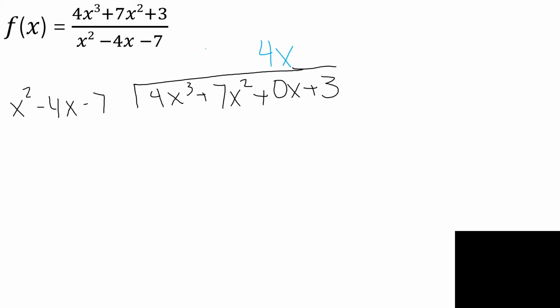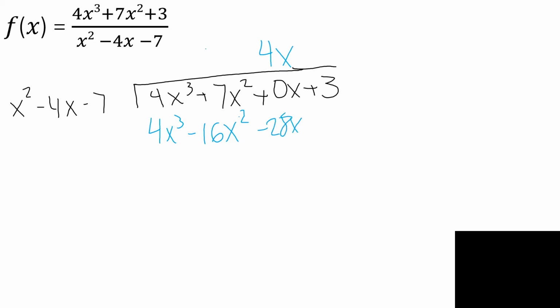So then we'll take 4x and we'll multiply it by x squared minus 4x minus 7. So 4x times x squared is 4x cubed. 4x times negative 4x is negative 16x squared. 4x times negative 7 is negative